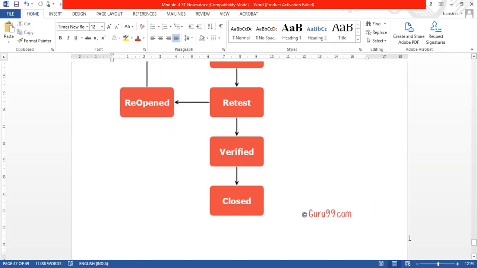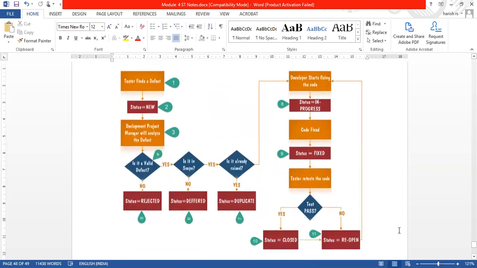Here is one small example of how the status will go. First step, the defect has been found, and the status is new. Then the project manager will analyze whether it can be rejected, or handed over to the developer team, who have to open it and see whether it is mandatory to fix, or whether it is a real defect that must be solved in this version itself.